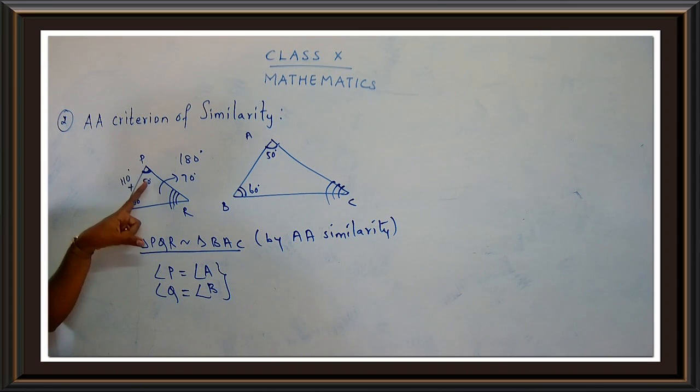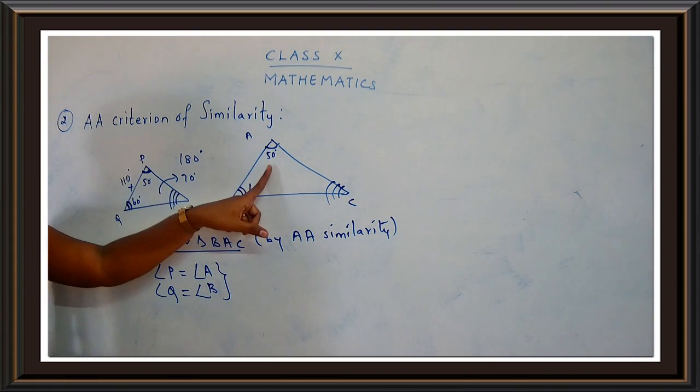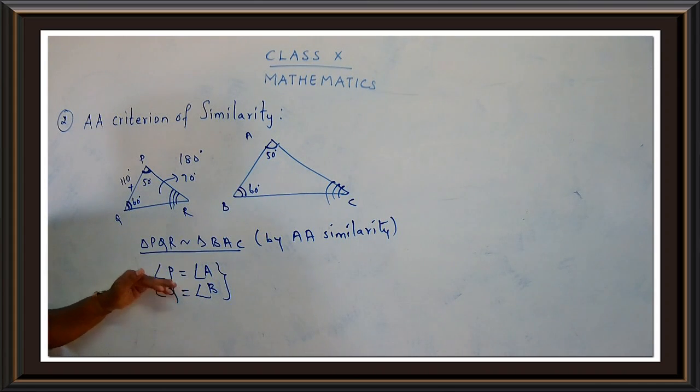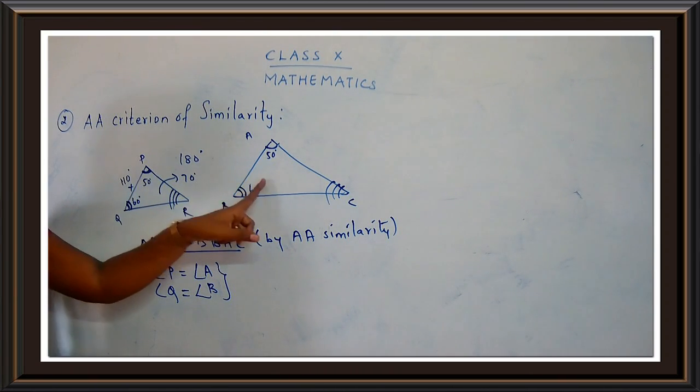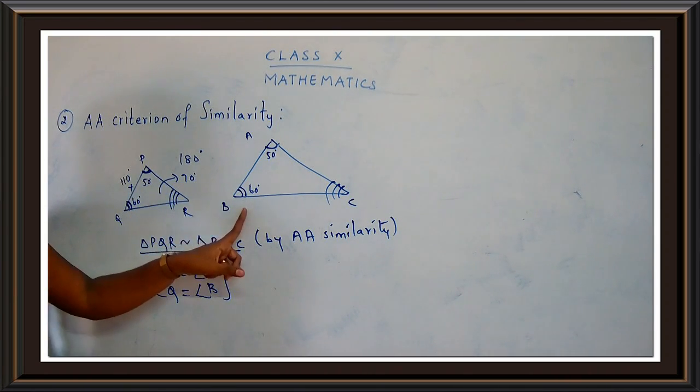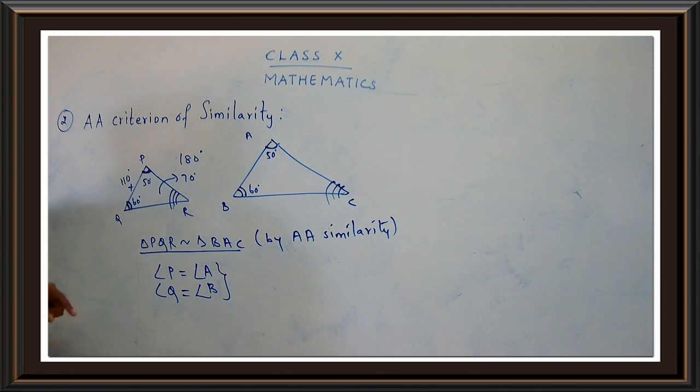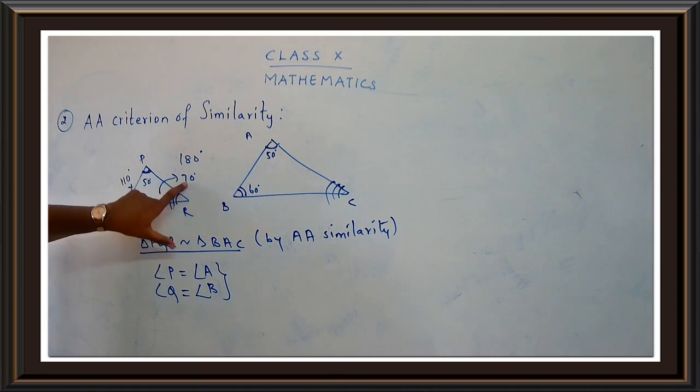See, if I take angle P as 50, the angle A is going to be 50 degree, because we are going to show by AA similarity, and here we are saying that angle P is equal to angle A. So both the angles will be same. Now what are you going to find? We are going to find out the unknown angle, that is R. I am just going to add the two angles. So 50 plus 60, yes, it's 110. So if this is 110, what will be the value for angle R? It will be 70 degree.